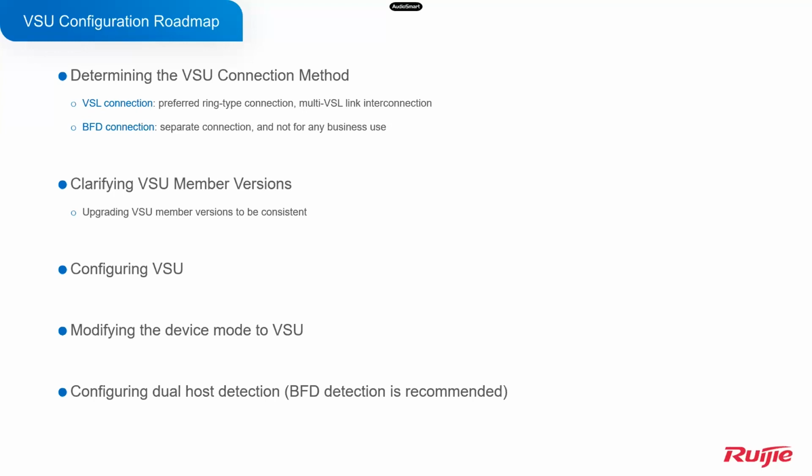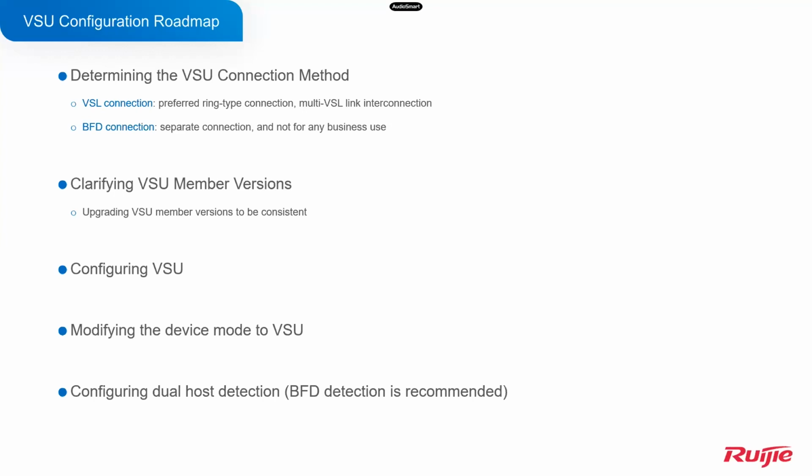First, you have to know which VSU connection method you want to use. And we have two connections. One is VSL. About the VSL connection, we also have two types, one for the ring type and another one for multiple VSL links. If you have the ring type, it will have higher reliability. If one link or multiple links are broken in the network devices, we can still use the VSL. But if you use multiple VSL link interconnection, maybe it is very easy to split your